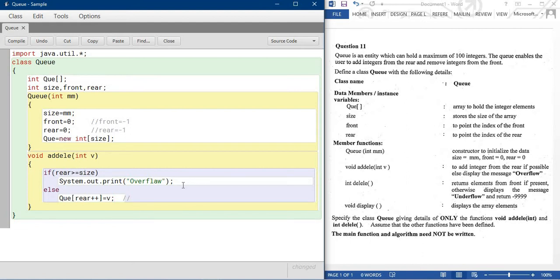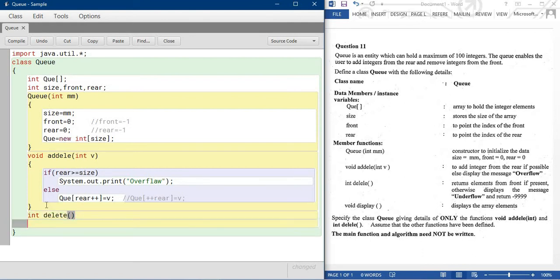if -1 is here, the same line you write, just your ++ position will be changed. Here you write the ++ first, because if it is minus we cannot put any value at the minus position. So first we need to increase the position to 0, then we can enter a value. So that's why first we increase, then we enter a value. So add element is complete. Now time for int delete.